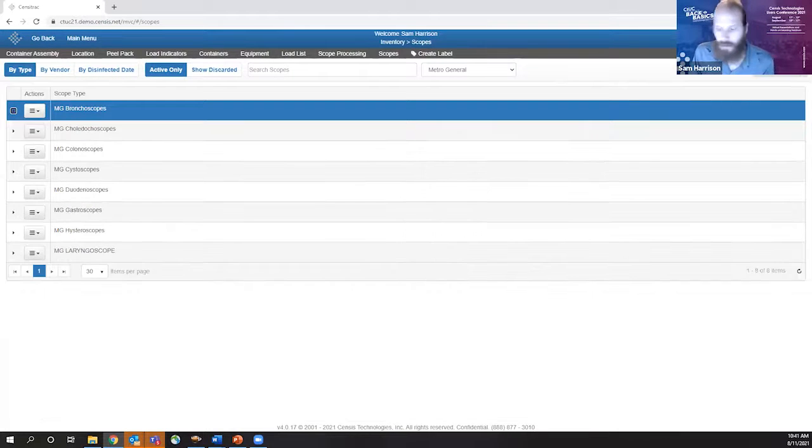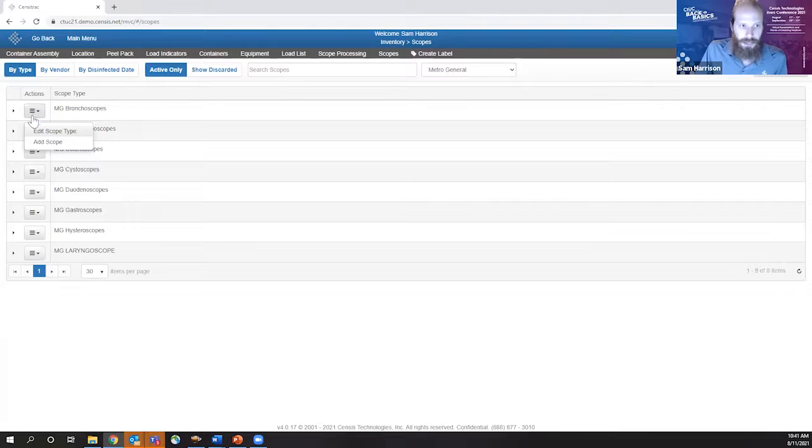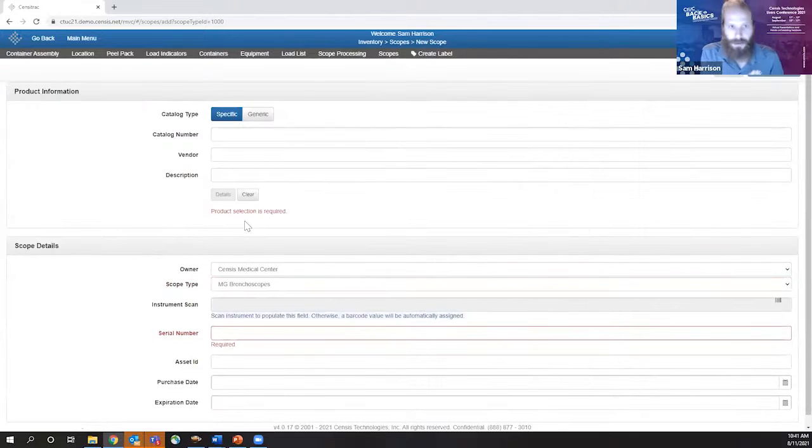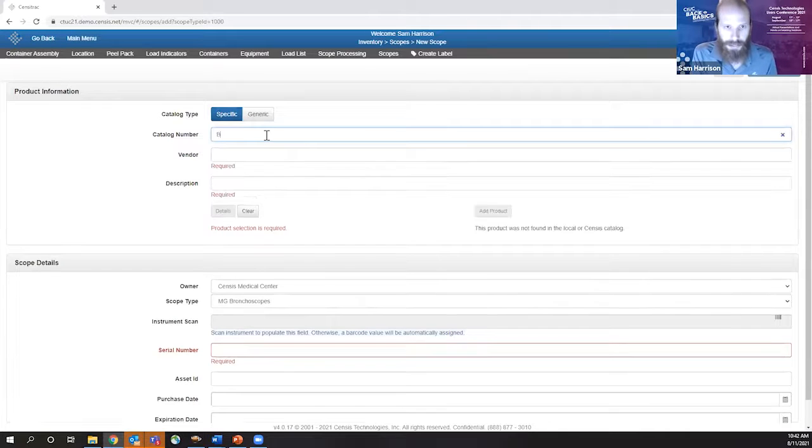All right. To add a new scope, I'm going to click the action menu beside the scope category. So let's say I'm going to add a new bronchoscope. I'm going to click the action menu and click add scope. This brings me to the page where I can add a new scope. It pretty much just asks you what it needs. So what is the catalog number for this new scope? Well, let's say it's a